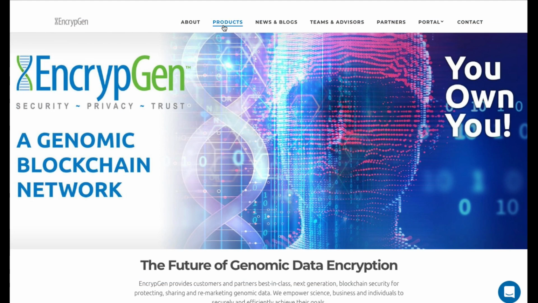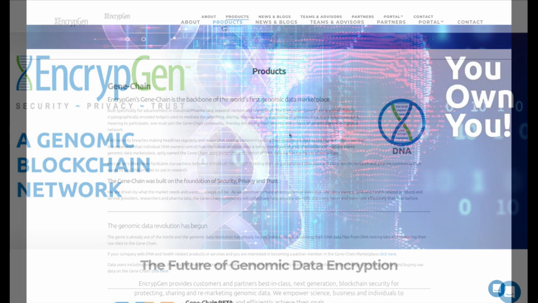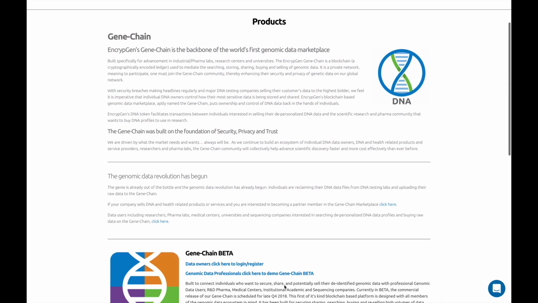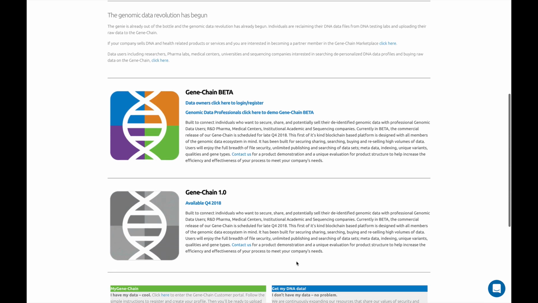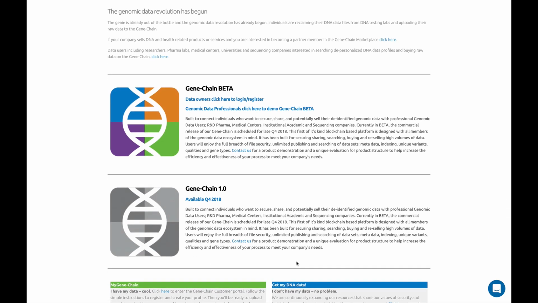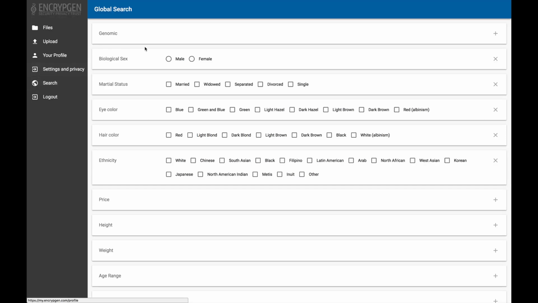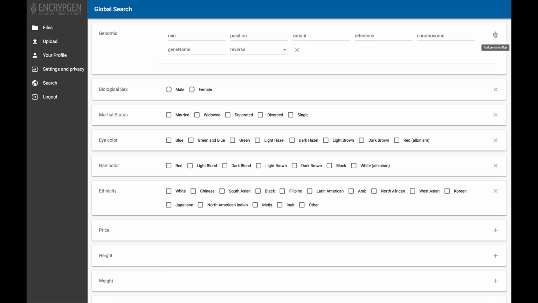In this tutorial, we're going to walk you through how to purchase DNA. DNA is a cryptocurrency used to purchase genetic data on the Gene Chain genetic data marketplace. Researchers, pharmaceutical companies, and other medical professionals can use the Encrypgen Gene Chain marketplace to find the data they need